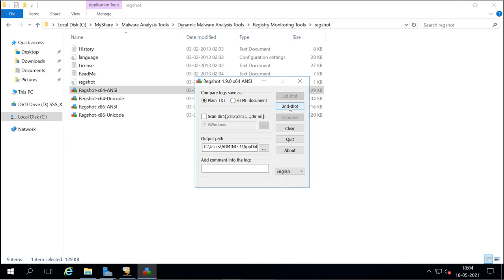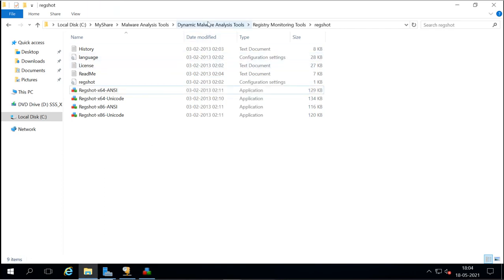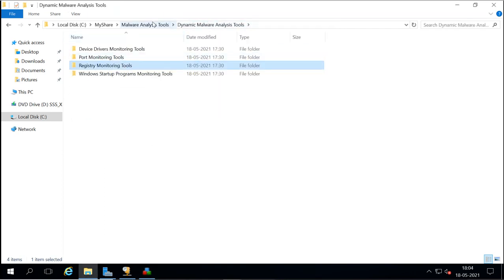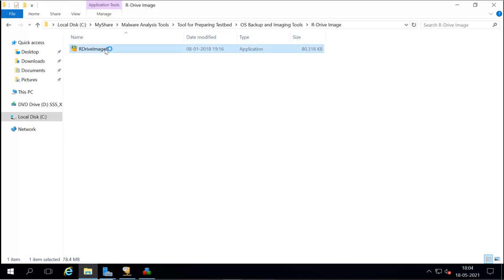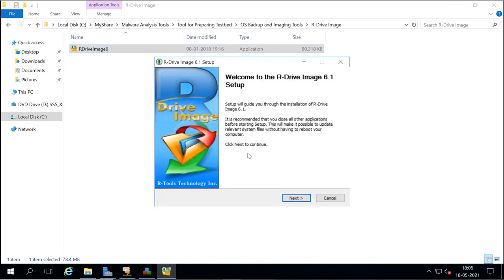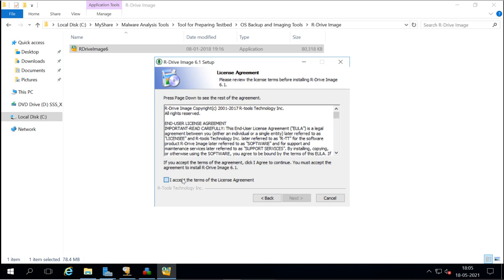For example, what I will do here, I will install a small software here. Now this software is going to do what? It is going to change the registry. So after installing the software, I will take the second shot of the registry, and we can compare both the registries, like what is the changes we have first and after. This is the small software, so I'm going to install it to just see what changes we have in registry and how we can see that, how it looks.